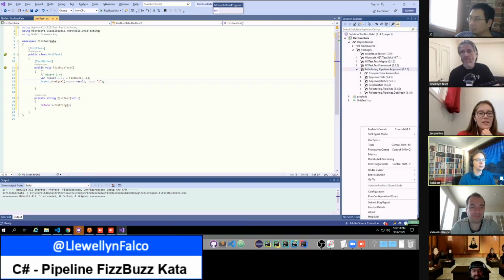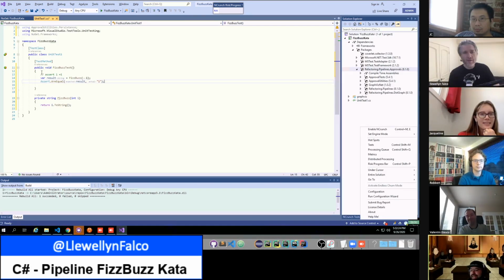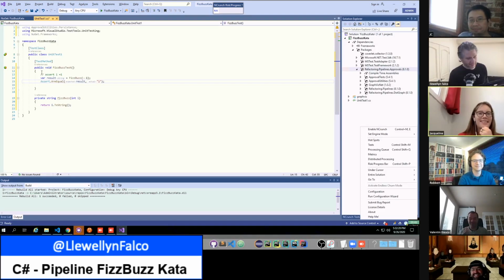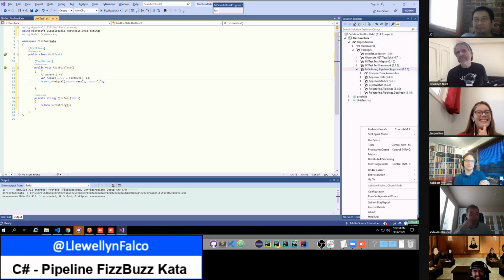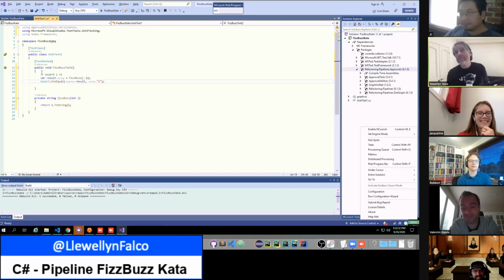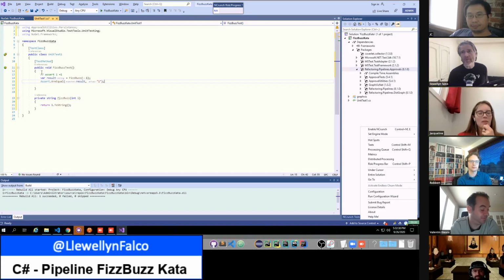Sorry, I was just going to say, as someone who's completely new to this, what exactly is a pipeline? So we're not new to this, and we're still trying to figure out the answer to that question. Okay. So it's going to resemble what you think a pipeline would be, like a CI pipeline or a data transformation pipeline. So far, we've only been using it for refactoring.